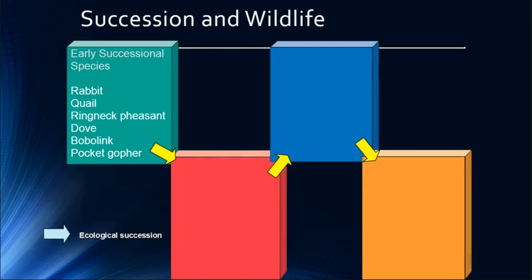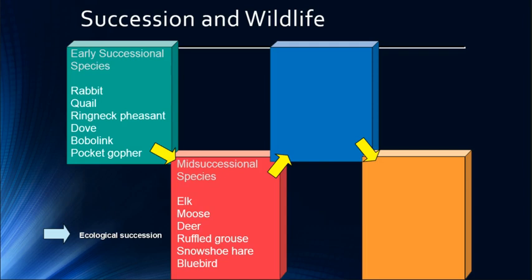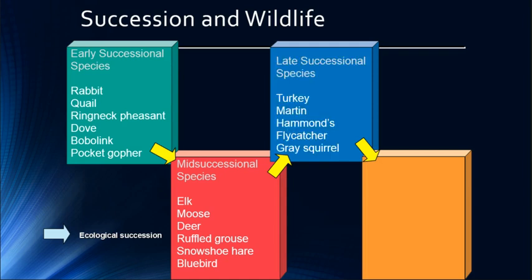Early successional species tend to be things that live on the ground. And then your mid-successional species, you have things that will eat shrubbery. You don't really have a whole lot of tree nesters because you don't have a lot of trees. Now, once you start getting trees, you can get things that live in trees. And when you start getting this good ecosystem going, you will get your mature species, and these are the big things, also your apex predators, okay?